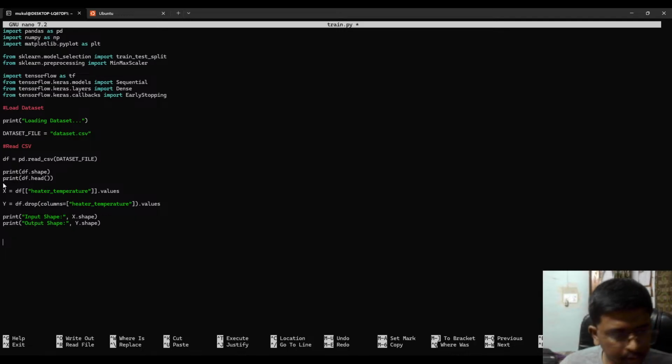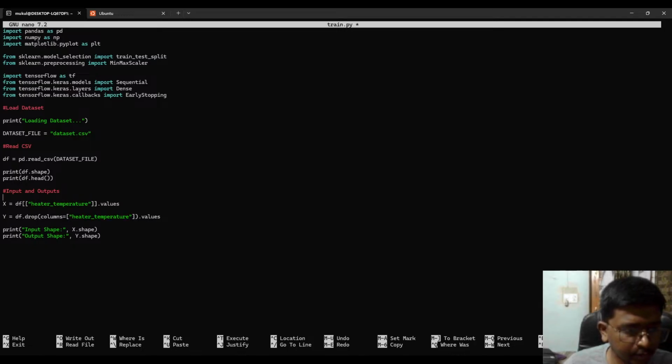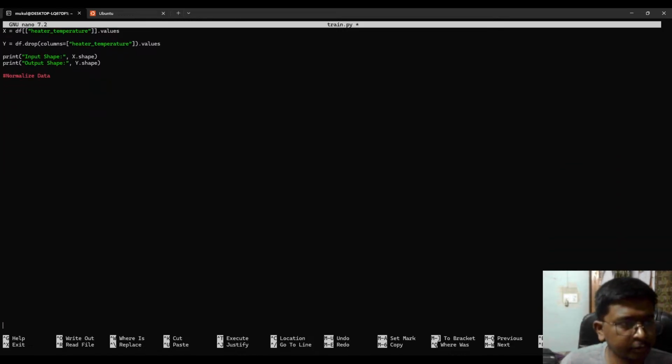From here it is input output. That's why I wanted to write it down in gedit, but I don't know why it is not writing today. Then we will come back and write normalize data. Okay, let me present it. True. Print